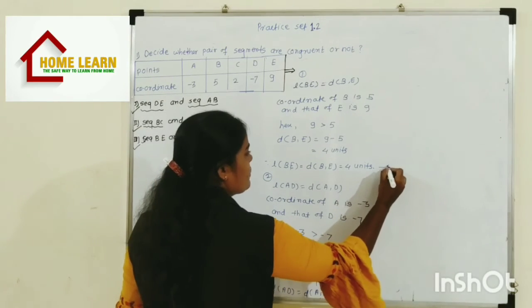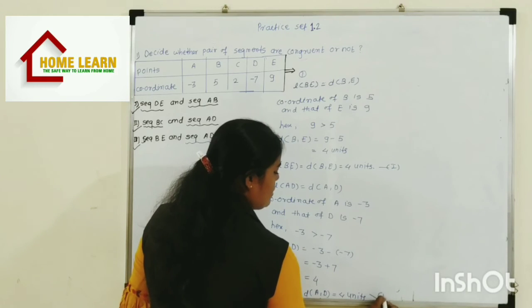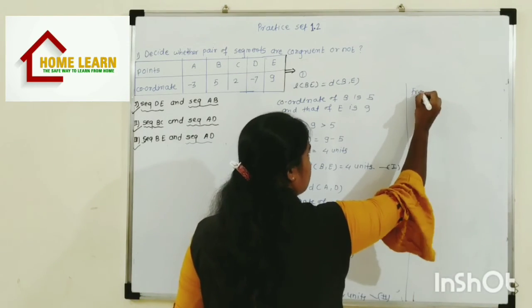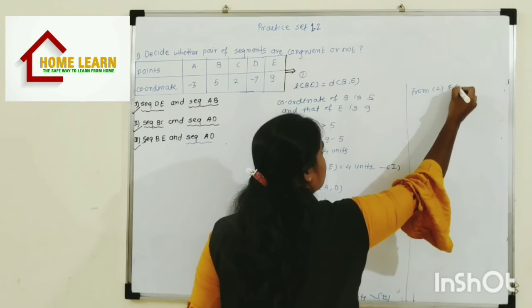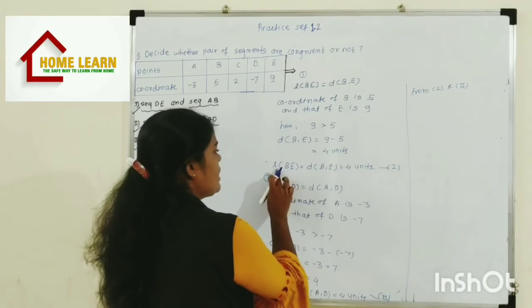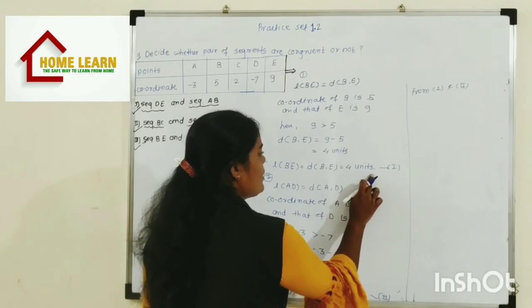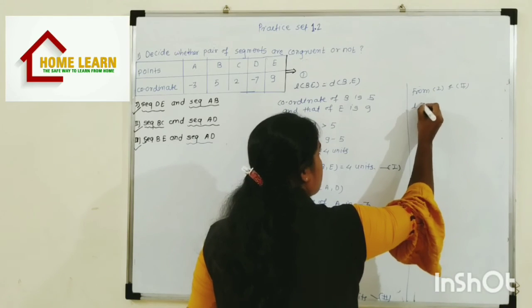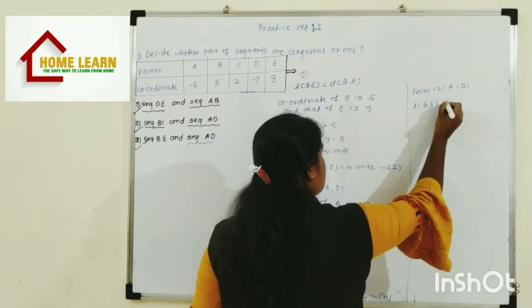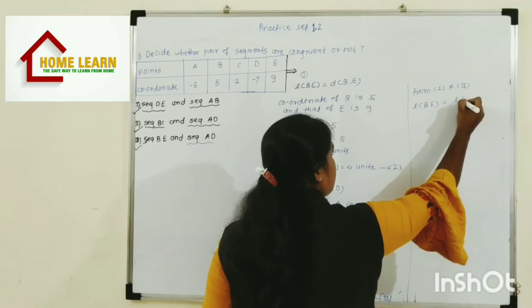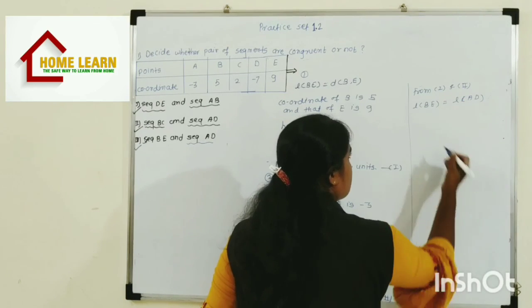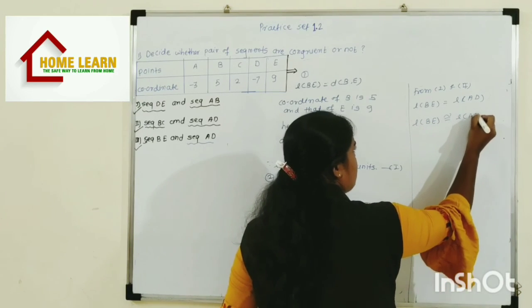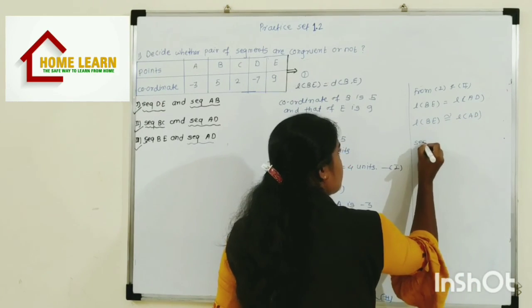Now write here number 1 and this is number 2. From 1 and 2 we can write, see here, the length of segment BE is 4 units and the length of AD is also 4 units. So we can write here the length of segment BE is equal to the length of segment AD. That means segment BE is congruent to segment AD. So right here segment BE